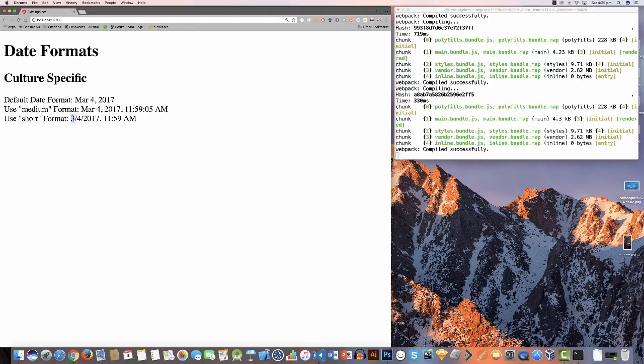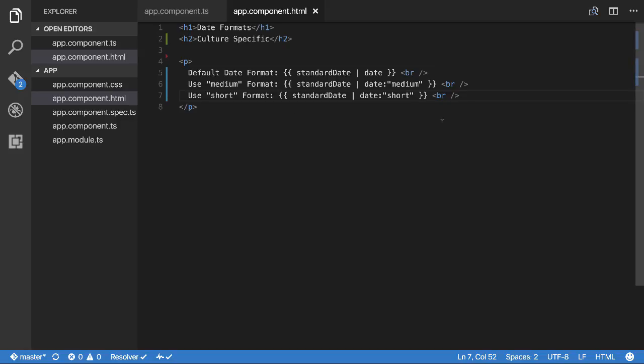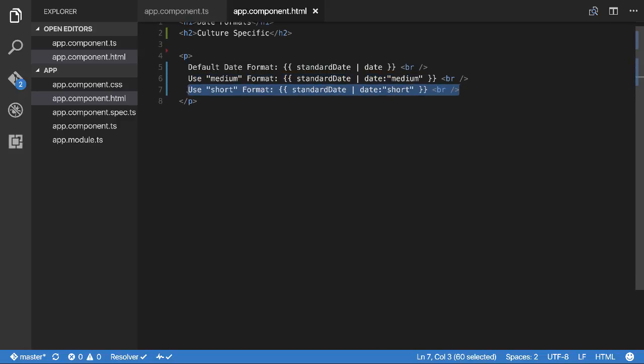and basically the short one is, this is the 3rd month, the 4th day, and it's 2017 at 11:59 AM. Now I'm getting American format for my browser. That's just because of the way my browser's set up. But basically in Australia it should be 4th of the 3rd, 2017. But I just haven't been bothered changing the settings, so I get American format. Next one. So they're basically what we refer to as date and time